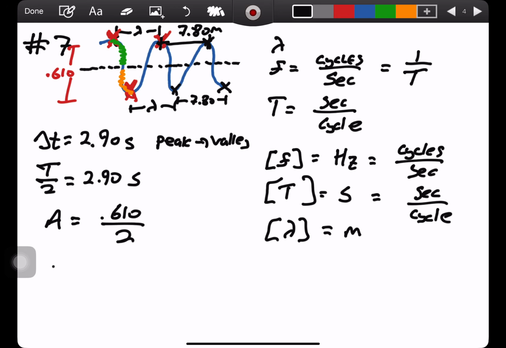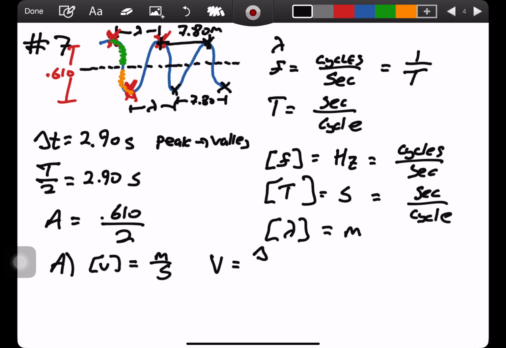So for part A, we want to know how fast the waves are traveling. Remember, velocity, meters per second. And so it's going to make sense that for the wave, we have a velocity v. This is the wave velocity. It's equal to